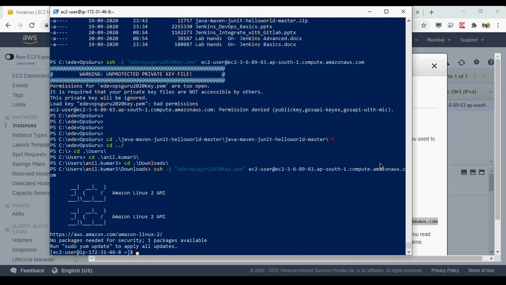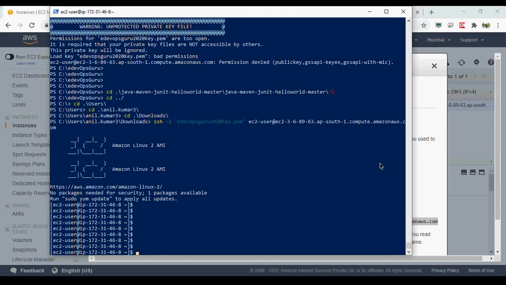So now it is working because only this particular user can access it. Now the permission is narrowed down to a single user. So this is a good learning. You cannot just keep your key anywhere. It has to be inside the directory of the logged in user. Okay.